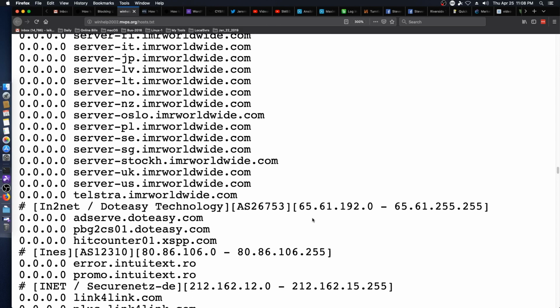So don't be that person. Take a little bit of time and learn about your host file. If you're not using a solution on your local network, such as Pi-hole, then you may want to consider implementing this on your machines. That pretty much covers what you need to know about the host file,